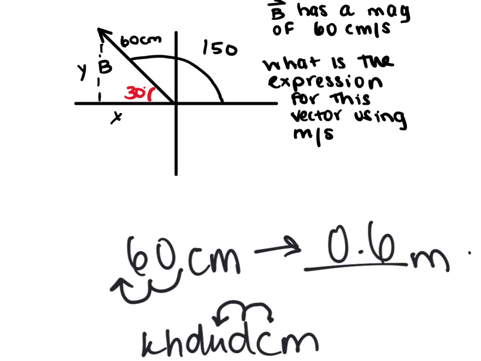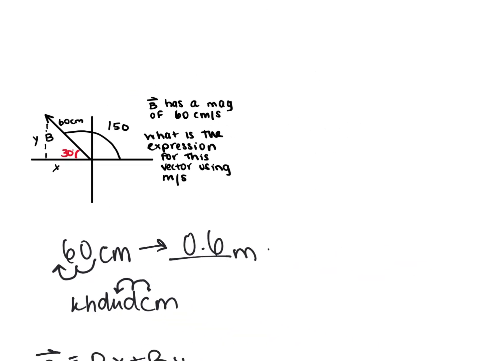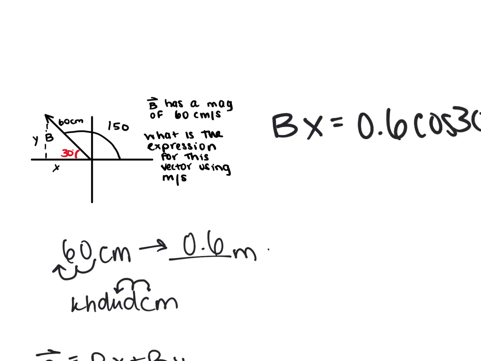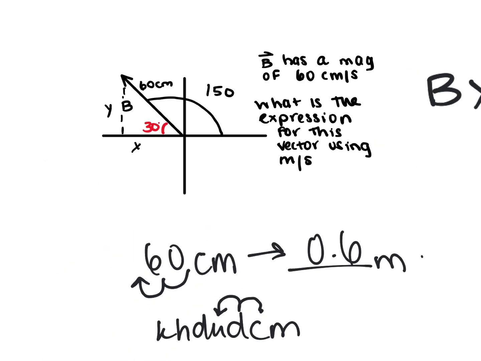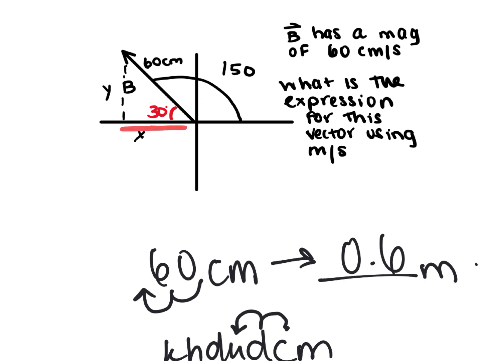Now, next step. The expression for this vector can be written as follows. Vector b equals bx plus by. Bx can also be written as 0.6 cosine 30. We get this equation by looking at how to find x. Using cosine 30, because this is adjacent to the angle and we're given our hypotenuse, which is now 0.6 meters,